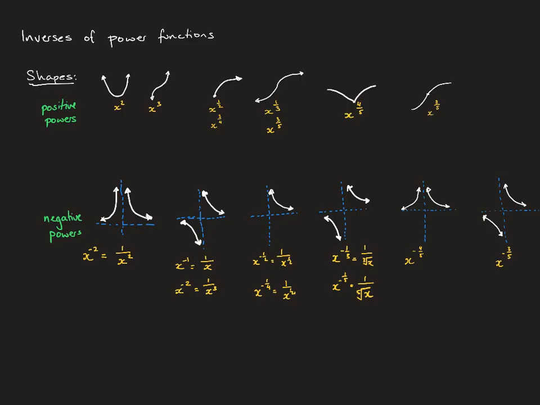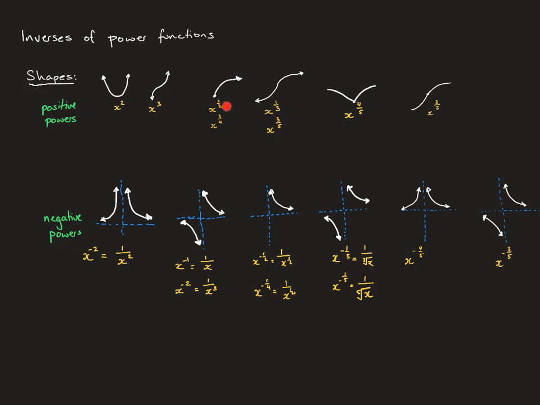So let's have a look at the inverses of power functions. What I've got here are all of the different shapes. First of all, let's look at positive powers. We've got our quadratic shape for our even powered whole numbers, our cubic shape for our odd powered whole numbers, so x cubed, x to the 5, our square root shaped graph for our